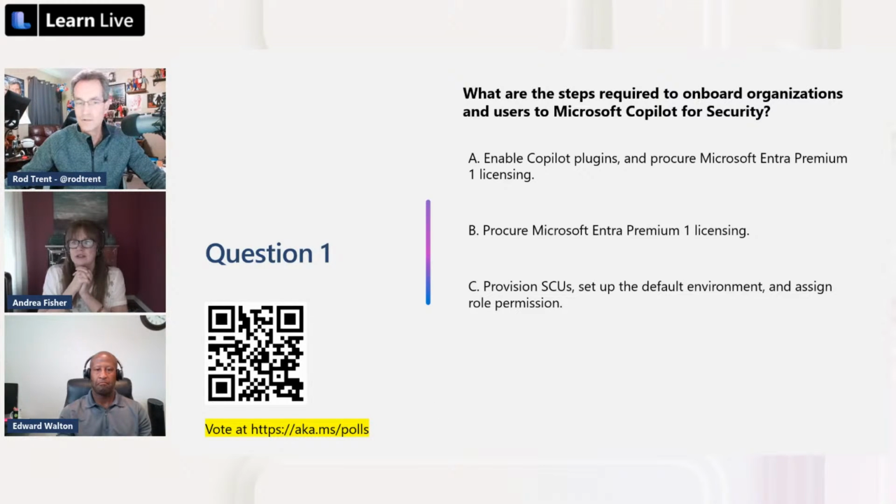So I'm going to go over here. So far, it's looking good, Rod. All the voters are getting it right so far. Why is mine not showing up? Let's see. There we go. 13. Oh man, I think maybe I helped people cheat on that one. Well, good job, everybody. That's awesome. So the answer is provision SCUs, and that was 100%. Good job to our listeners, and thank you for that.